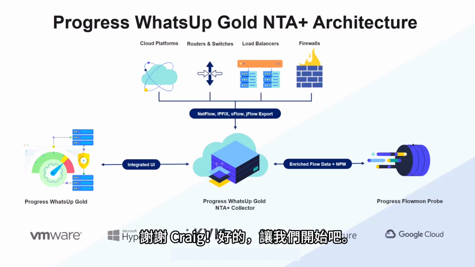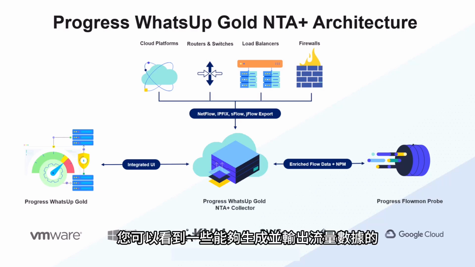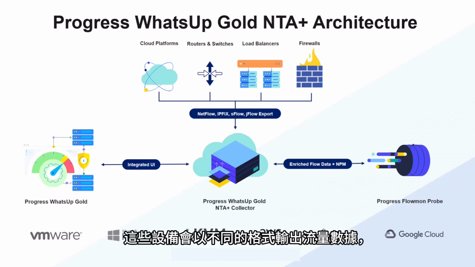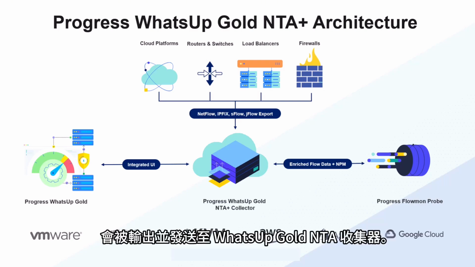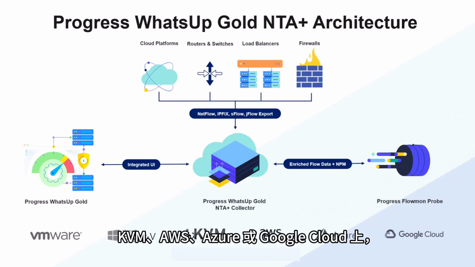Thanks, Craig. All right. Before we dive into the demo, I want to review the Progress WhatsUpGold NTA Plus architecture with you. Across the top of your screen are a few examples of network devices that can generate and export flow. Flow in varying formats such as NetFlow v5, v9, IPFix, sFlow, and jFlow are exported and sent to the WhatsUpGold NTA Plus collector. The WhatsUpGold NTA Plus collector, deployable in VMware, Hyper-V, KVM, AWS, Azure, or in Google Cloud,